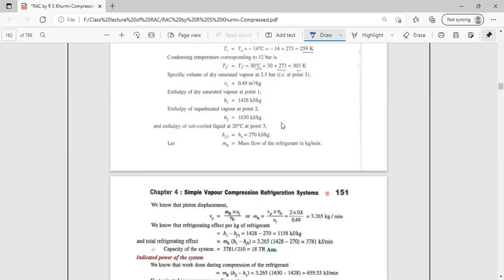And the enthalpy of the subcooled liquid at 20 degrees centigrade at point 3 is equal to H4, the enthalpy at the entrance of the evaporator, 273 kilojoule per kg. Then mg, the mass flow of the refrigerant in kilogram per minute throughout the system. So the piston displacement Vp